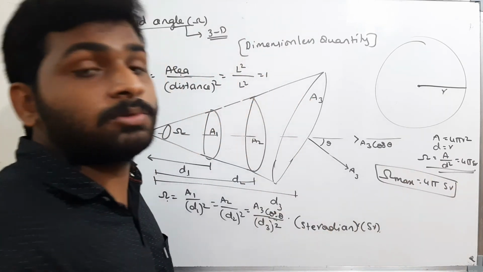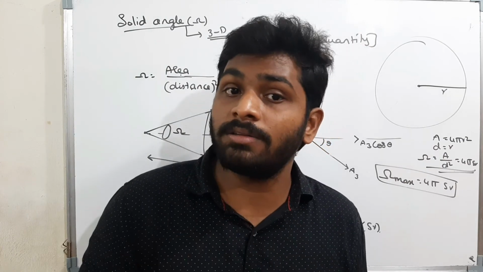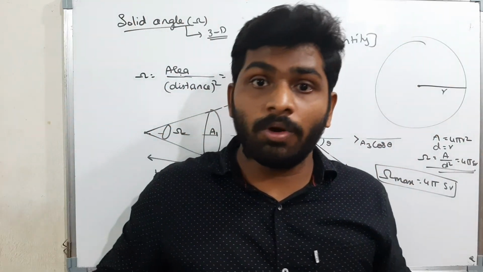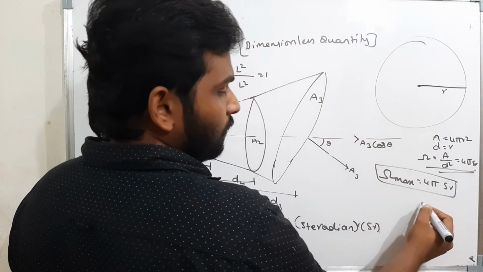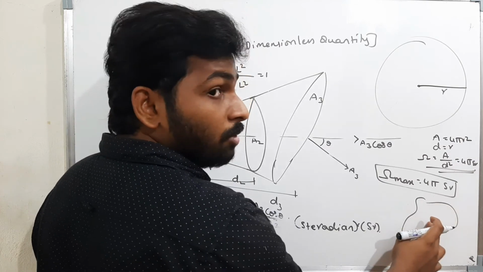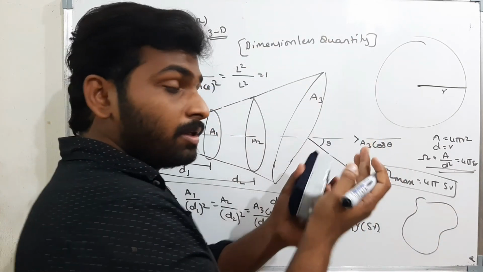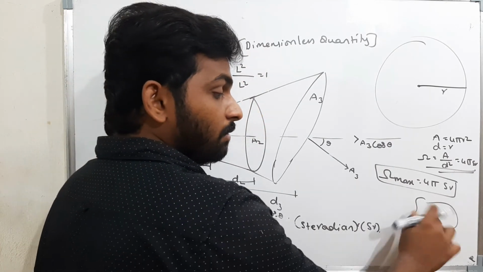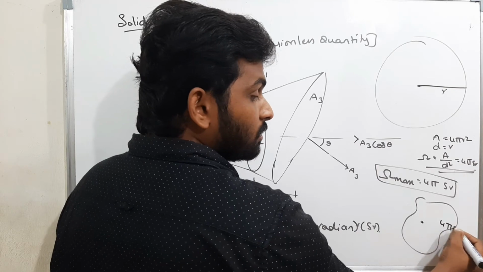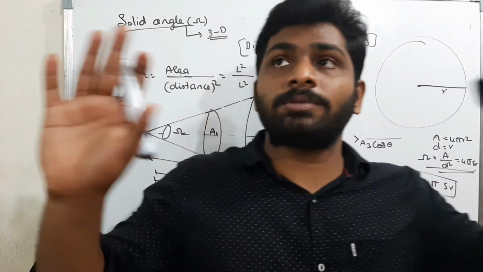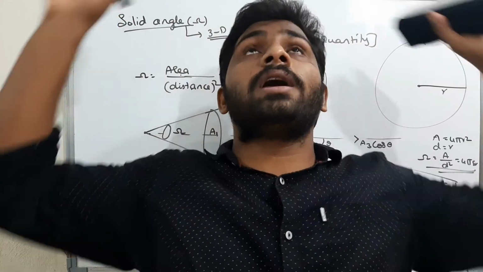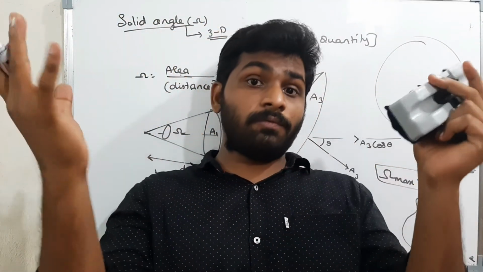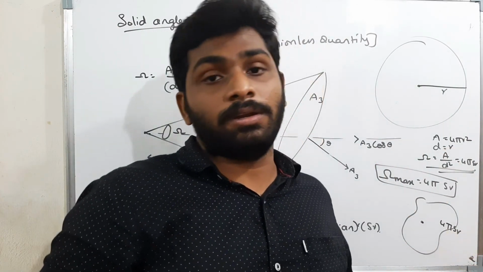There is a maximum solid angle. The maximum plane angle is 2 pi radians, and the maximum solid angle is 4 pi steradian. That is for a closed body. It may be any shape. It must be a three-dimensional closed body. And if I am assuming a small point, if I am standing here and I am seeing the body, then the angle made is 4 pi steradian. That means if I am standing inside the room, the whole angle around me, back side, front side, right, left, every total angle is 4 pi steradian.